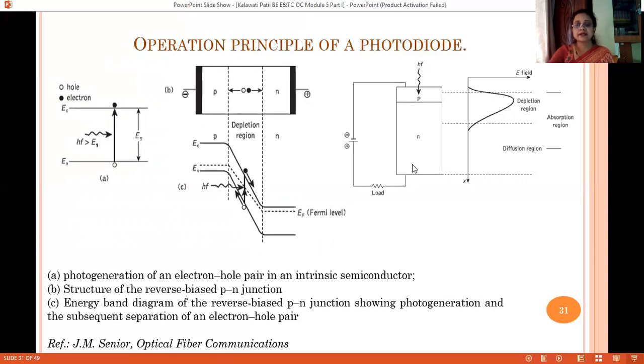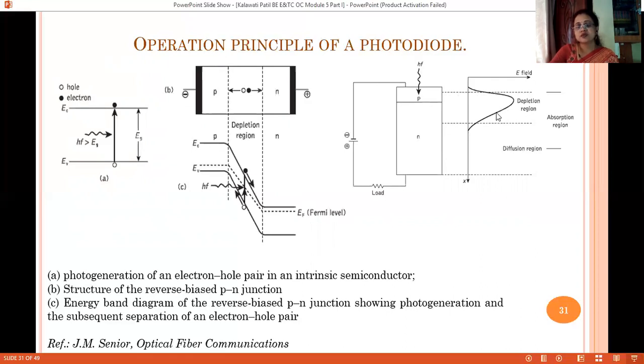The right hand side diagram shows the more realistic, actually fabricated structure of a PN diode. Generally, this is how PN diodes are fabricated, and the photons fall on from either the top or the side, depending on how we represent the structure. With the external biasing, a wide depletion region is created and absorption takes place across it.